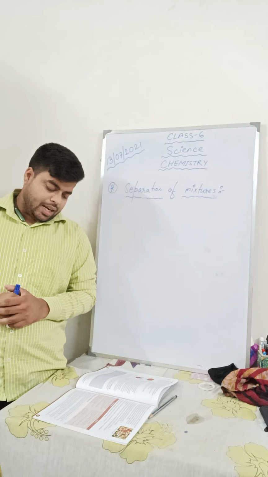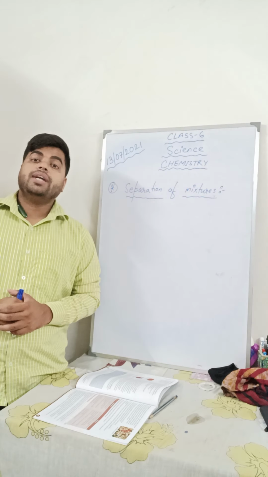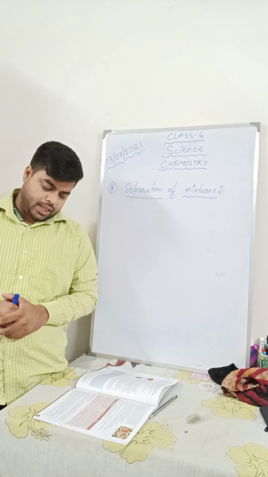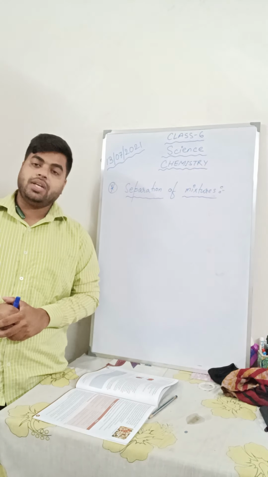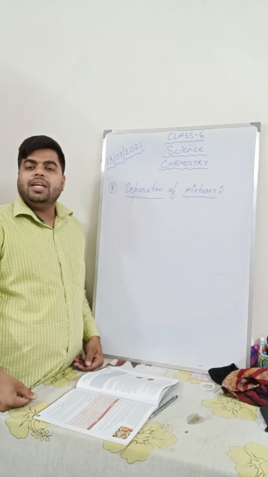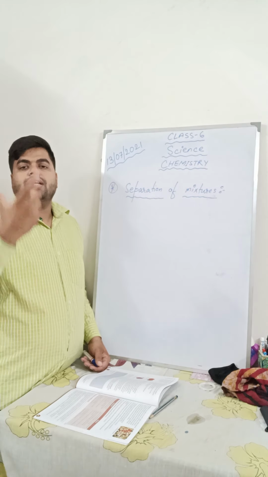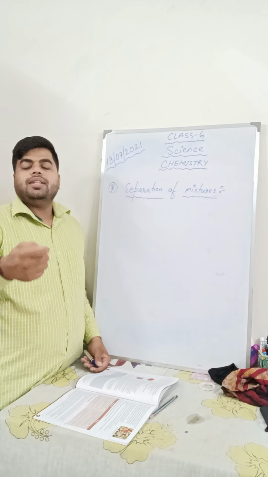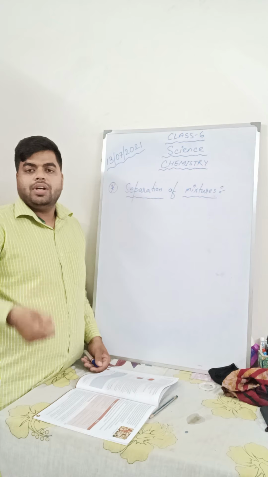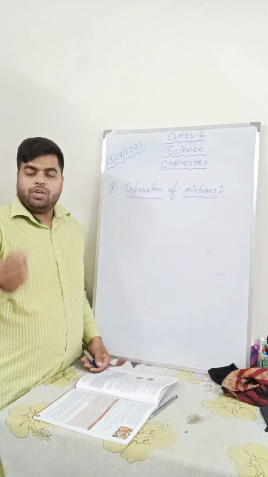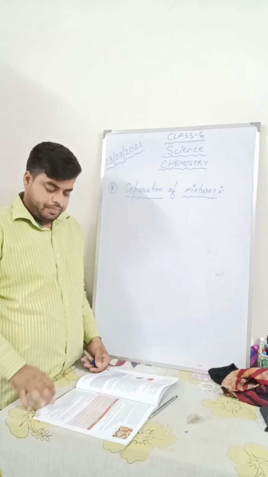Next, to get useful or pure substances. For example, in the preparation of tea, leaves are separated from brewed tea. When you boil water and put tea leaves in it, after the tea leaves get boiled, you remove the leaves by the use of a sieve, which separates the liquid tea and the tea leaves.